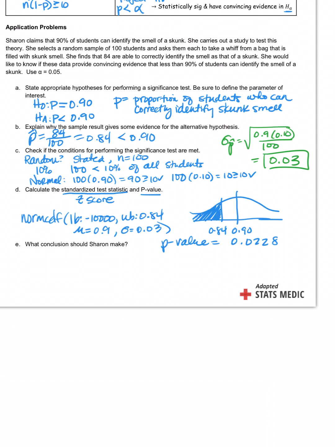Okay, we'll make a decision, draw a conclusion. So we always start it with since 0.0228. How does that compare to our alpha of 0.05? That's less than. If it's low, we what? Reject the null. If we reject, do we have convincing evidence of the alternative? Yes. We have convincing evidence